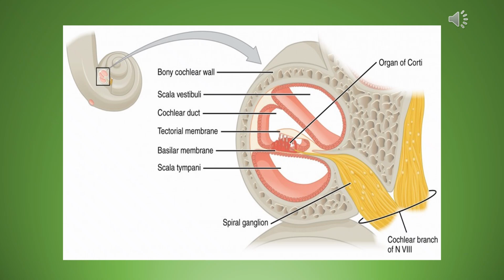We have then on the basilar membrane what are called hair cells. These are actually epithelial cells that have cilia on the top of them, so that's why they're called hair cells. Over the basilar membrane, we have the tectorial membrane. Remember that tectum means roof. Well, look there at the organ of Corti. Those are the epithelial cells with their little cilia coming off the top. Well, there is a roof over them.